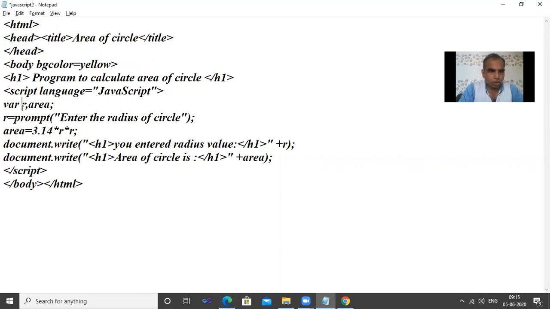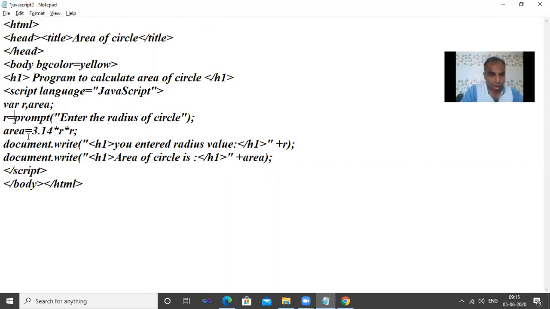Here we are declaring two variables, r for radius, comma, area, semicolon. Here we want to prompt a message for the user, so r is equal to prompt, enter the radius of a circle. It gives a prompt box, and inside that we have to type the radius of a circle. After that we click on OK.